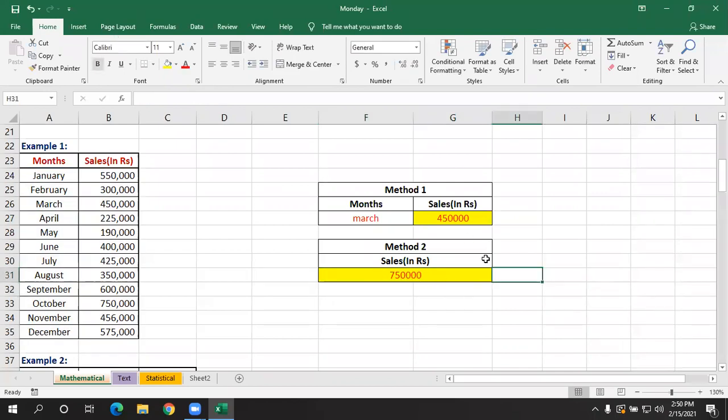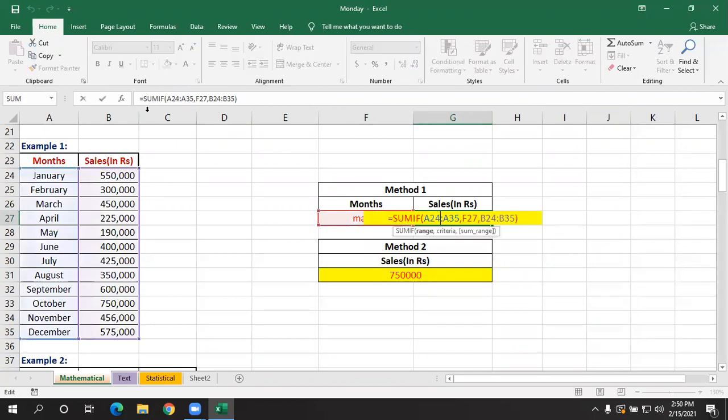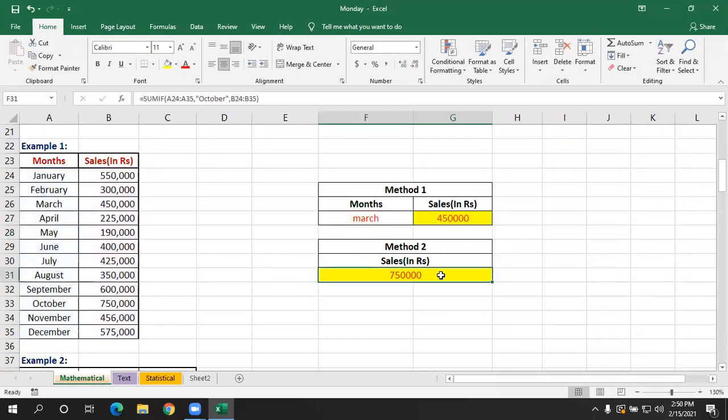If you want to know what formula you have used, you can click inside the cell. In the cell, it shows the result. The formula which you have used is shown. See, for SUMIF, whatever you have given, it will show the range, criteria, sum range. And even here, if you click here, it will show the formula which you have used.